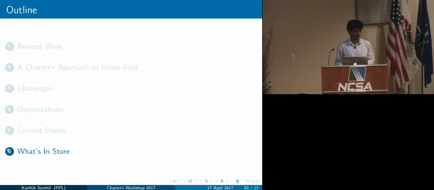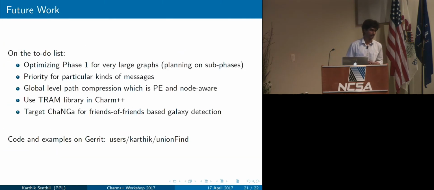So what's in store for the Union Find library? There's a lot of exciting work happening here. We have scope for many great optimizations. So firstly, we want to target optimizing phase 1, as we noticed that it is the critical bottleneck for very large-scale graphs. So we're planning on something like a sub-phase approach and various PE and node level aware optimizations. We also want to test out priority for particular kinds of messages and see how different subclasses of graphs react to this